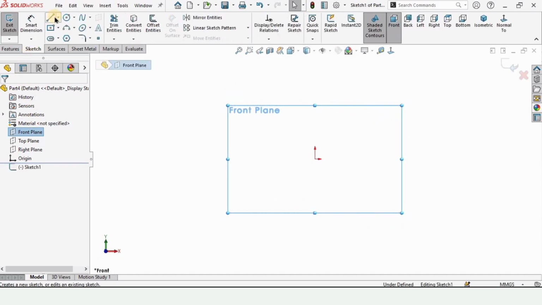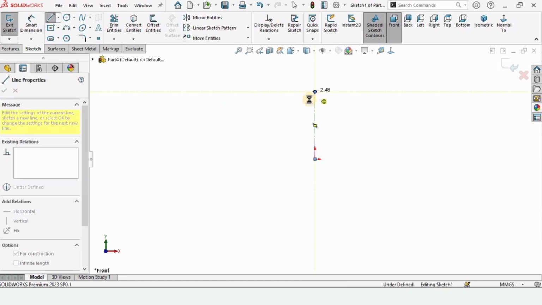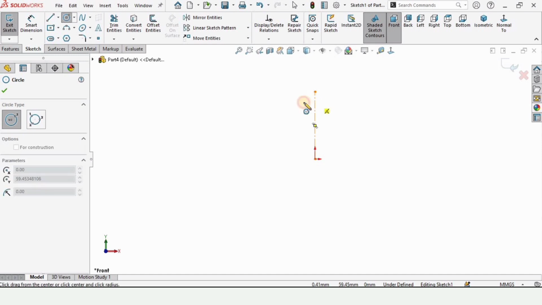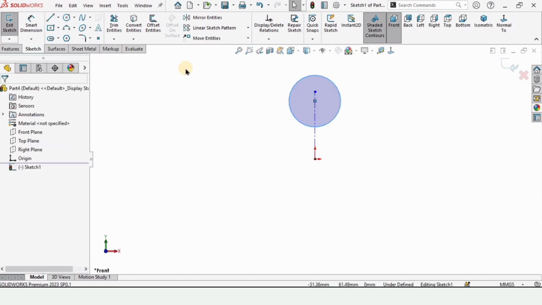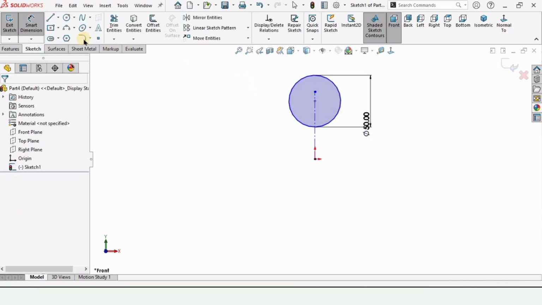and from here select the center line and make a straight vertical center line like this. Now select a circle and make a circle like this. Now let's specify the diameter of this circle as 50 millimeter. After that select a line